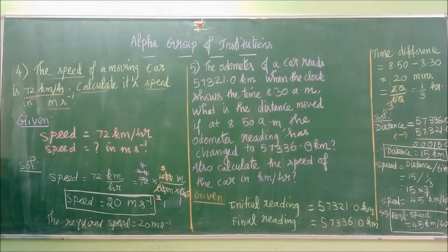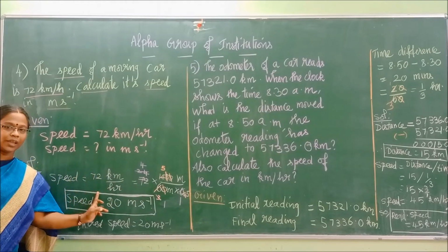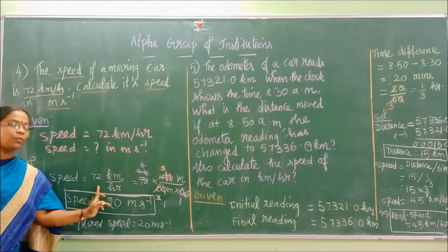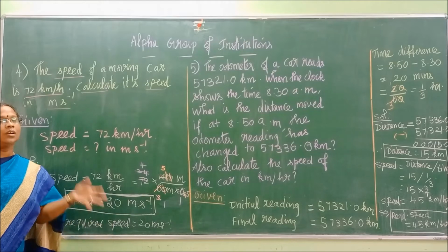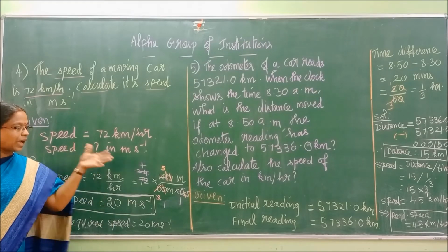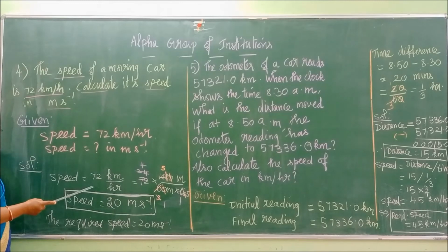This you can express in any method, right? Now come to the solution. What is the formula? Speed is equal to distance by time taken. Here I have written straightly speed is equal to distance by time taken, but what value are we going to find? We are not going to substitute values in the formula. Here we have to convert kilometer per hour into meter per second. So that's why I have not written the formula here.